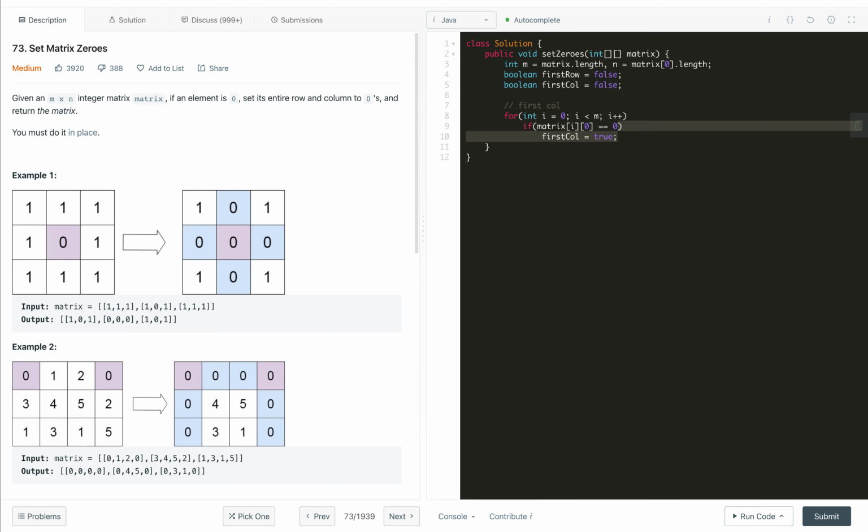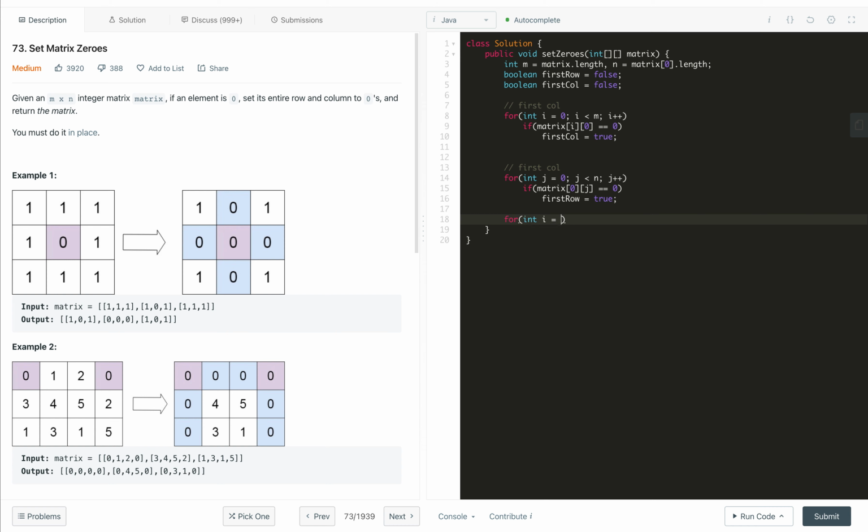That's it. And similarly we will copy this line of code and just update it for the row. So this is, let's say, j, j less than the number of columns n, and here this will be j plus plus. Now we will iterate in the first row, the 0th row and jth column, and similarly here we will just update the first row if we found this. So this is done. We can also combine this in the other loop, but I am doing it separately so that you will understand this picture clearly.